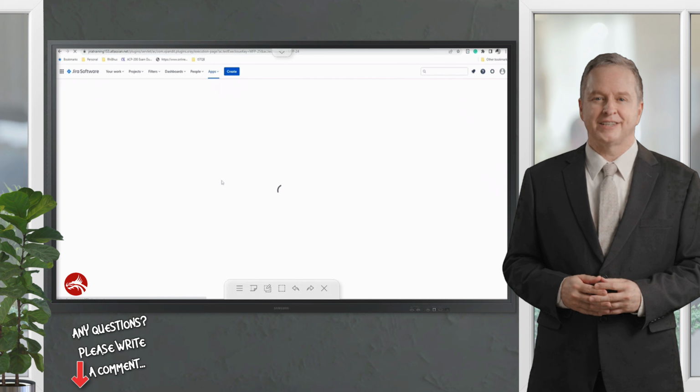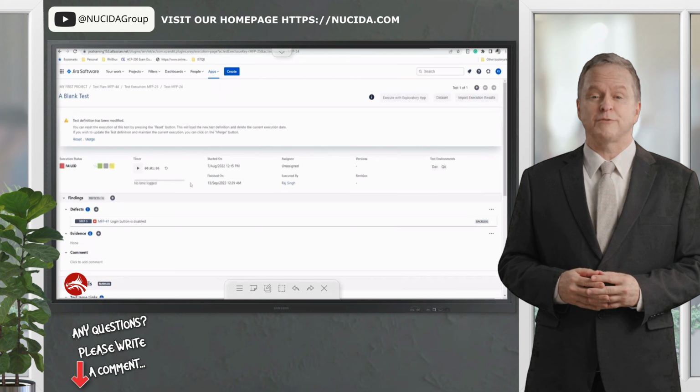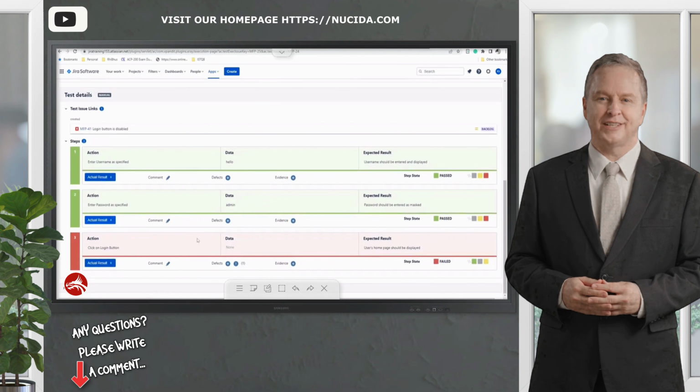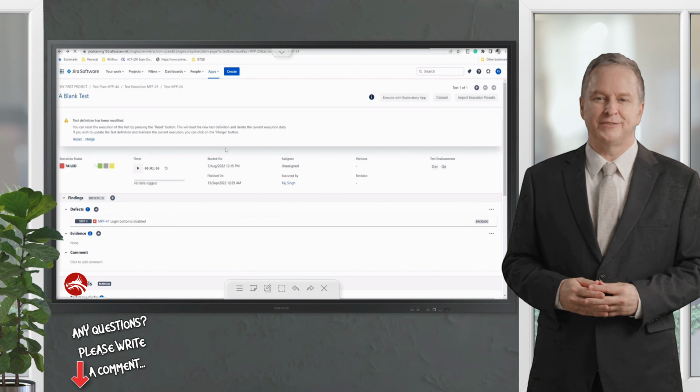If there are any defects, what is the status on them? If they are open, they will be categorized here, and the closed ones will be categorized here. That means it's not just a report. It can give you a lot of support to let your management know what exactly the testing is doing and how testing is progressing. You can look at the details right from here by clicking on this View Details